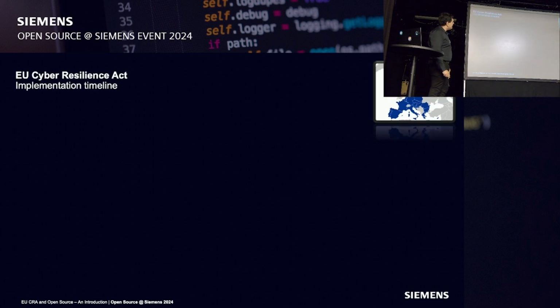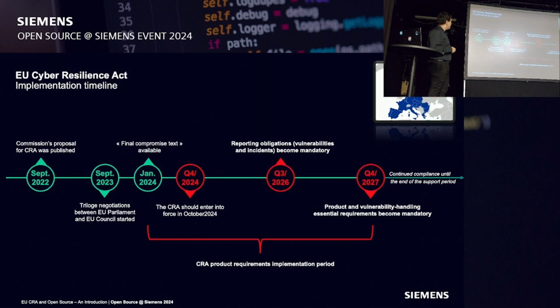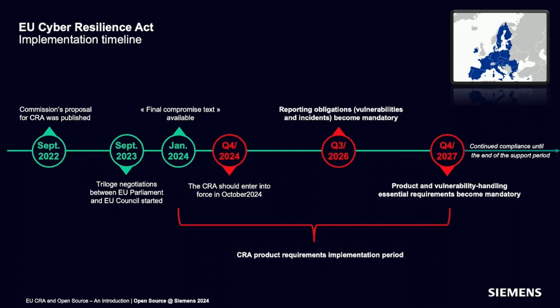So what are the timelines? Everything started in September 2022, when the first draft came out, like the first earthquake, and it generated a lot of discussion that is still not finished. The discussion happened with the European Commission, members of the market, Siemens as well, and the open source community. A lot of objections were raised on the first draft, asking to change things. Some were accepted by the Commission, some others not.